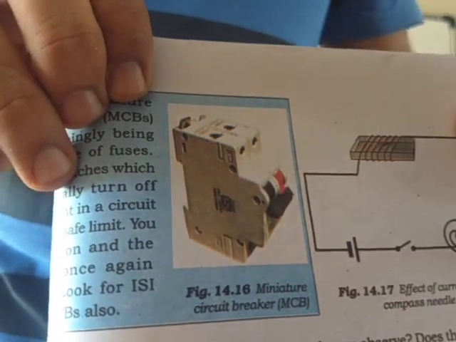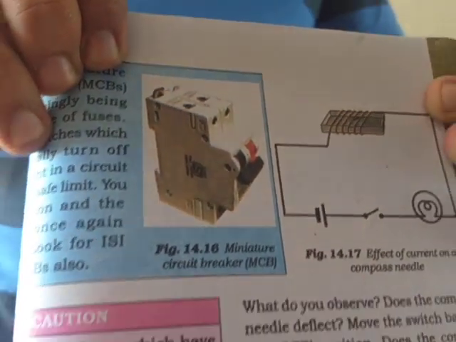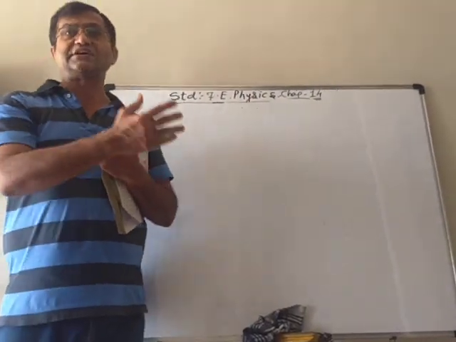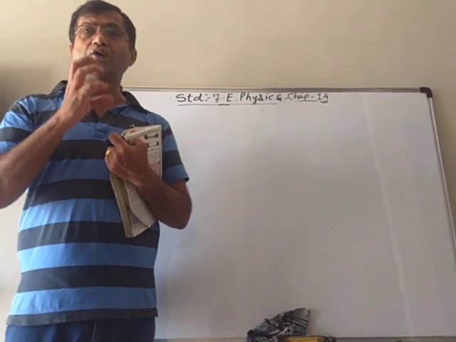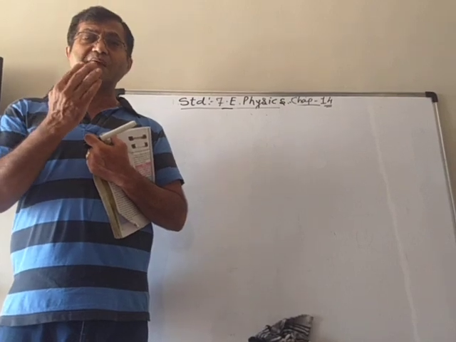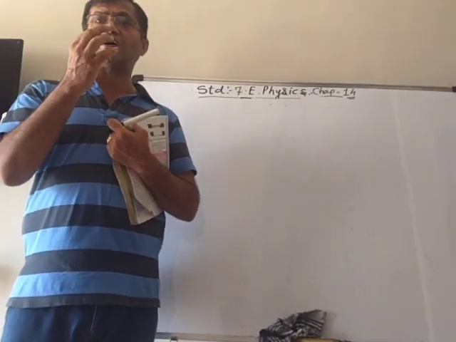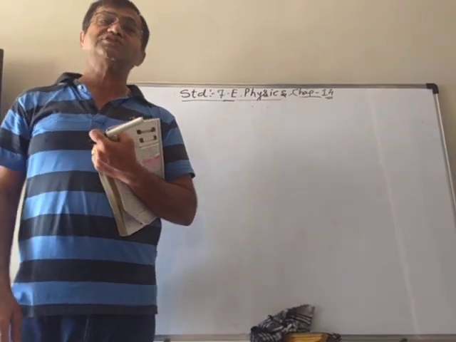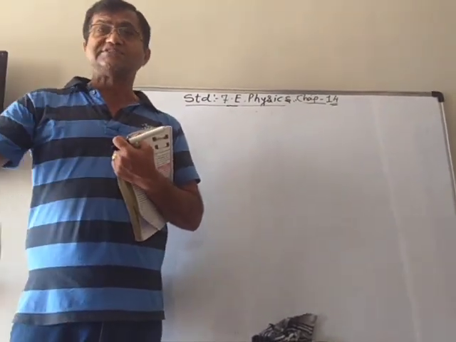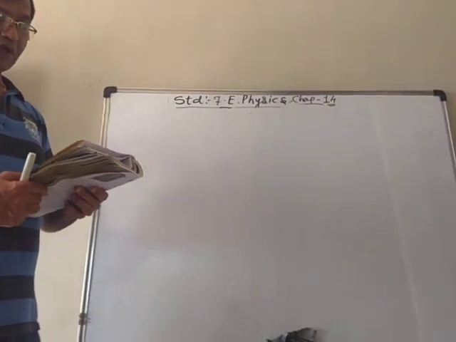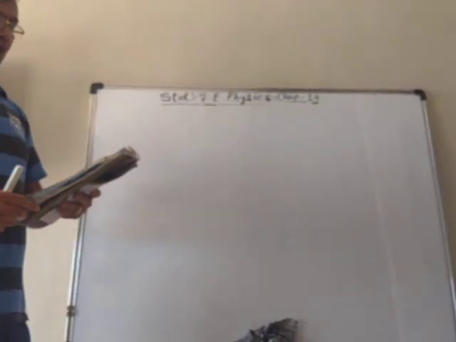And I hope everybody is familiar with it, because nowadays in houses they are used for different circuits, like for the plugs, for the AC, for other things. They have different types of MCBs used. So whenever the electricity has a problem, they automatically get switched off, the circuit breaks, and appliances are not working. So that is the use of MCB.